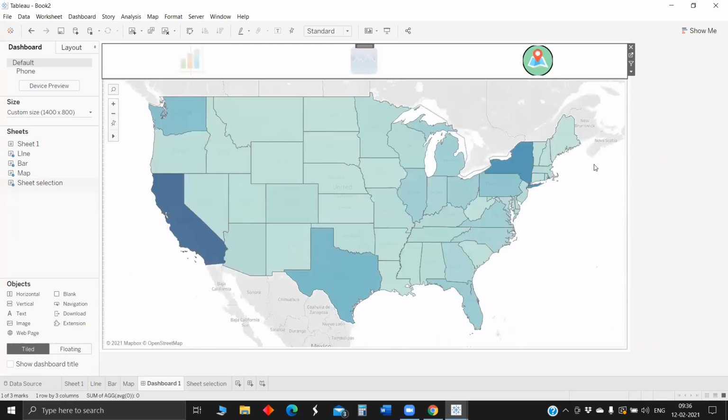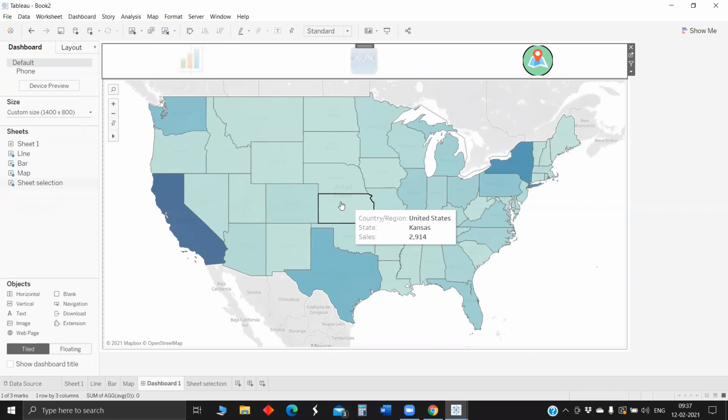Map, we have map. To summarize what we have done, first we have created 3 sheets individually. Then we add a parameter to select each of the sheet, and we wrote a calculated field addressing this parameter. We dropped the calculated field in each sheet and selected the appropriate values. Then next step would be dropping all these 3 charts in a dashboard. We will ensure there is no title, and the 2 features like fixed is not selected and distribute contents evenly is not selected.